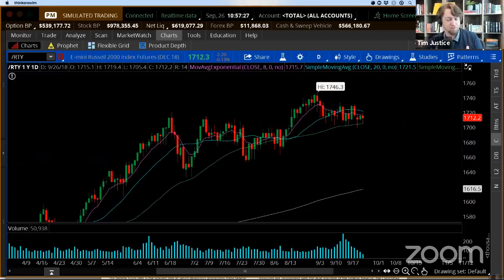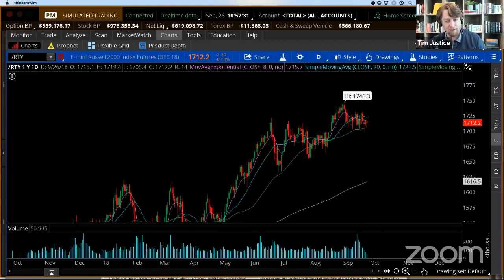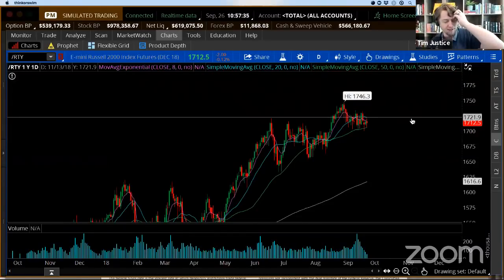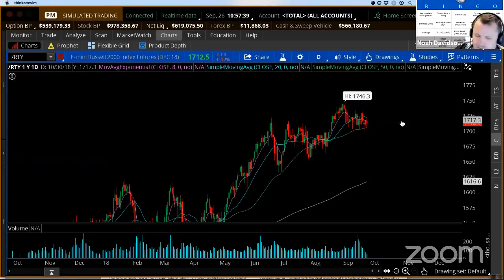Old resistance, new support should be holding out here, and it is trying to fight that 1,700 level, Noah. And what would have to happen, and you tell me what you know from seasonality, for small caps to take off and run? Well, they're typically going to go with the broader market, which also does relatively well. And I think this consolidation is the kind that can lead to an upward run. It's just a kind of prolonged retracement into support.